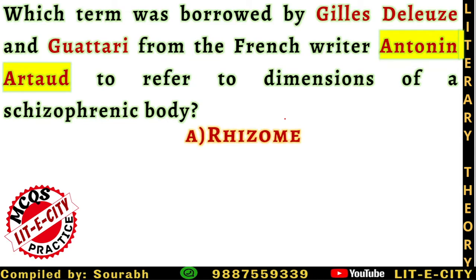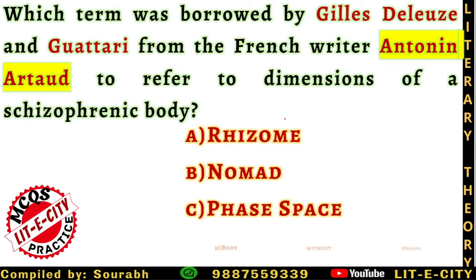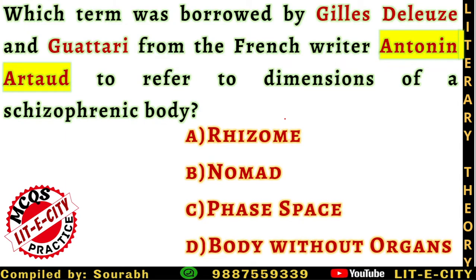The first is rhizome, second one is nomad, third one is phase space, and the last one is body without organs, or BWO. All four terms have been given by these two famous psychoanalytic critics, but the one they have borrowed from Antonin Artaud is